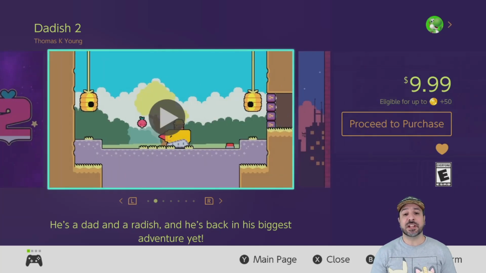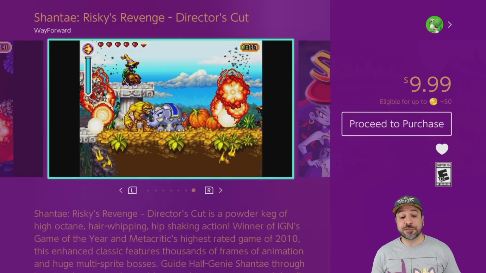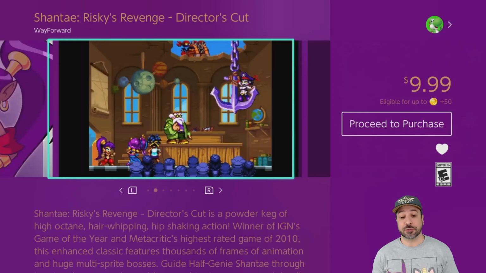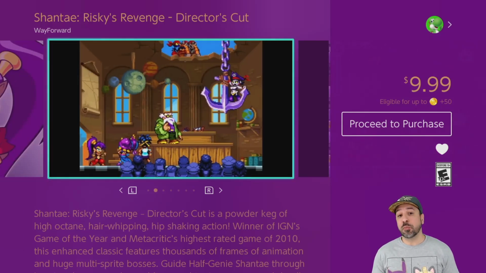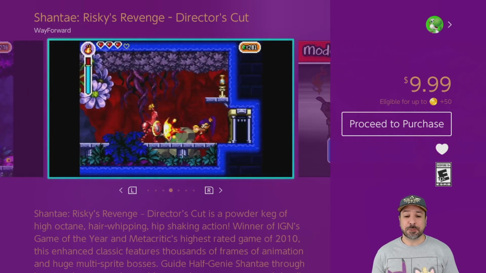But anyway, even at $9.99, Dadish 2 is still a very solid purchase. So that brings us to the 5th entry on our list, and that will be Shantae: Risky's Revenge, the Director's Cut. Now this is one of the more expensive games on our list at $9.99, but in my opinion, it